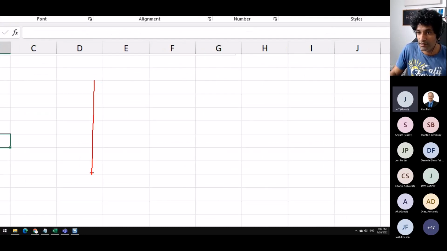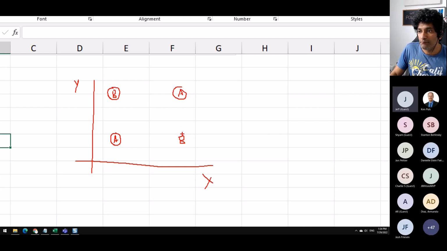Let's say this is my X axis and that's my Y axis. Let's take only two products. So we have got A here and then B here. And then A here and B here. In year one, product A is the lower ranked product, but it climbed up to a higher rank and then B went down. So what we want is a line to go like this, a line to go like that.